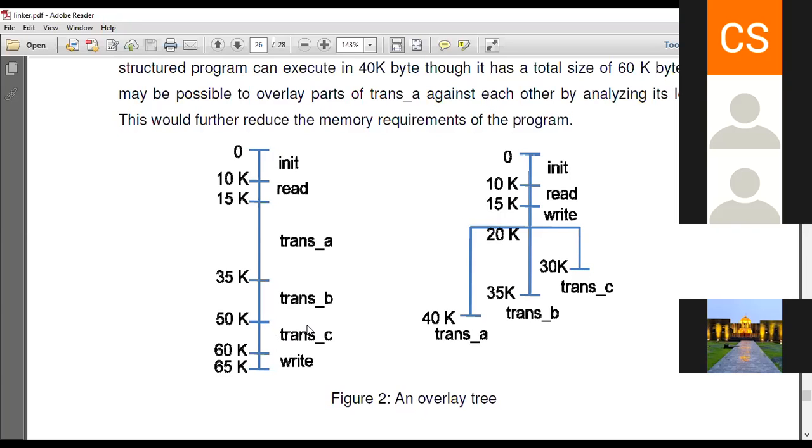So the first requirement for the overlay structure is that if you are declaring any part as an overlay, then that part should not depend on the other ones. It can be executed independently. That means in this case, trans A can be executed independently, it is not dependent on trans B and trans C. Similarly, if we are executing trans B, then trans B doesn't require trans A and trans C. And if you are executing trans C, then trans C